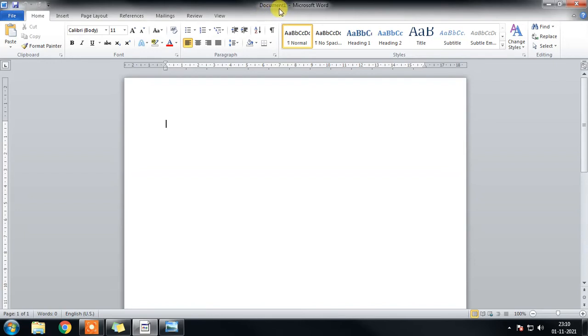After the hyphen we see the name of the application, that is Microsoft Word. This one is the name of the file and this one is the name of the application. And to the extreme right of the title bar we see three buttons here. These are called control buttons or Windows controls.